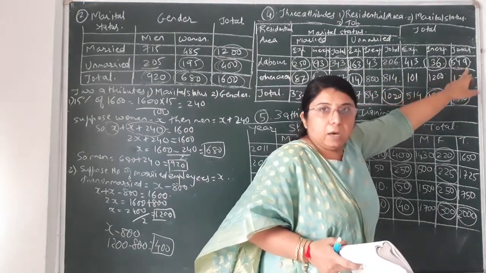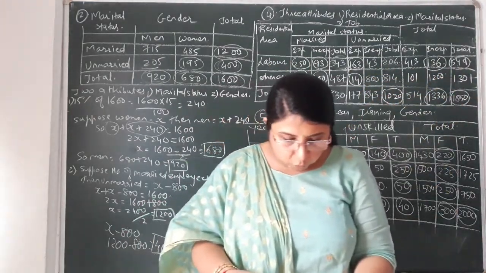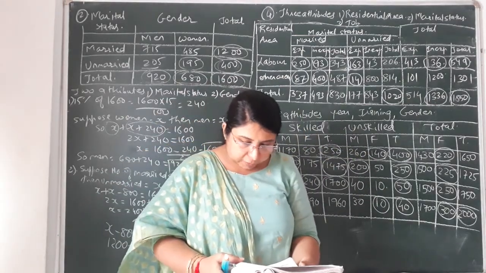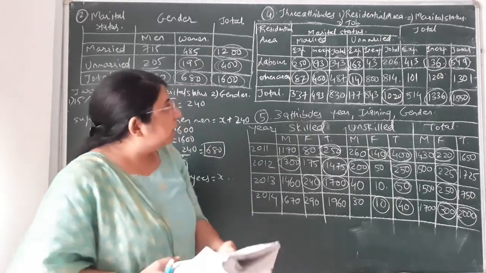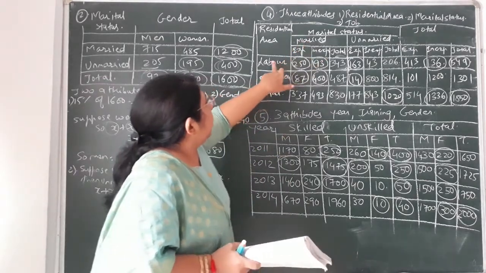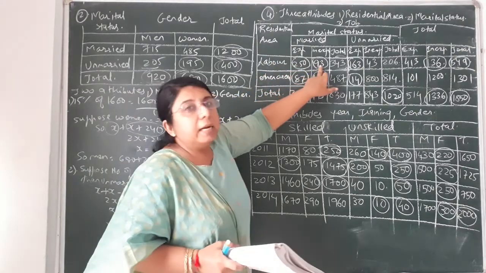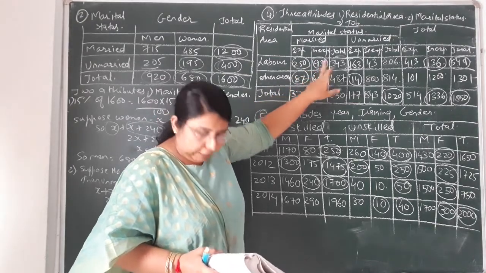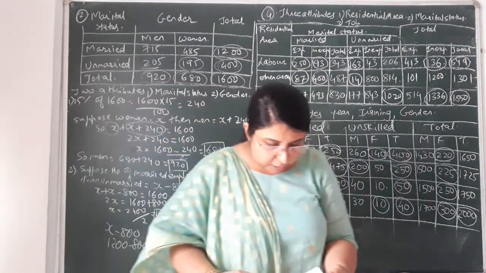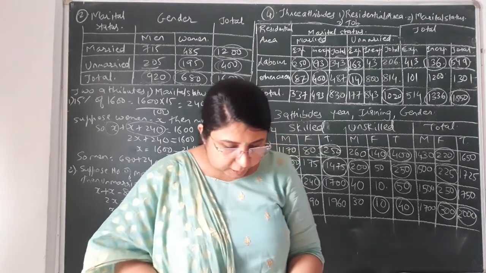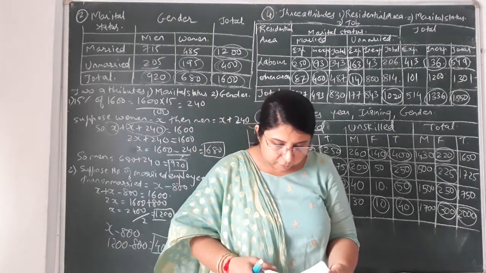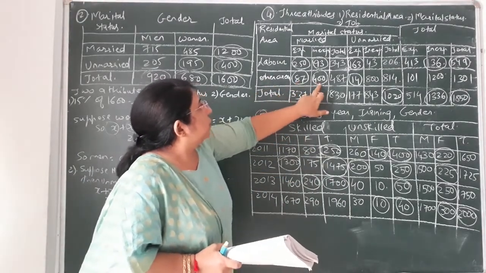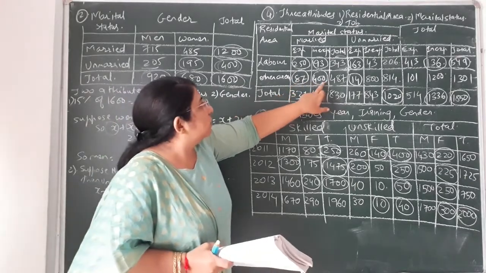in labor area. Then afterwards, out of total married women of labor area, 250 had experience and 93 were inexperienced. Married women of labor area, that is married and labor area. In that, experienced and inexperienced. Experienced is given to you 250 and inexperienced is given to you 93. Then next line, the number of experienced and inexperienced women from other area were 87 and 400 respectively. Now in case of other area, experienced is 87 and inexperienced is 400.